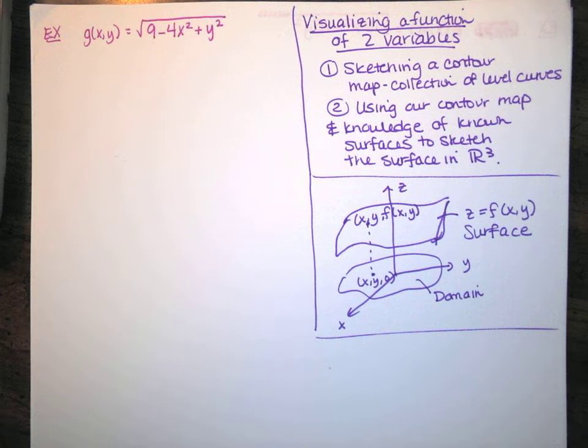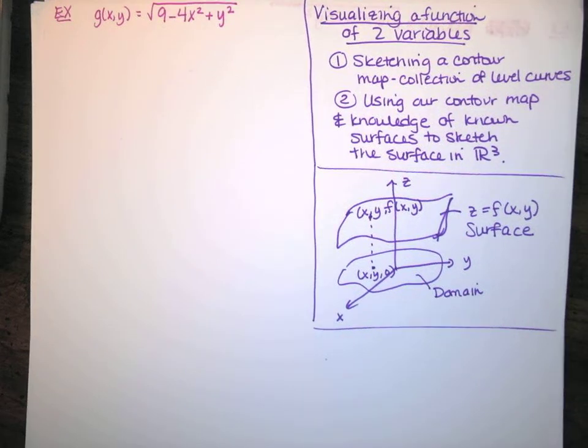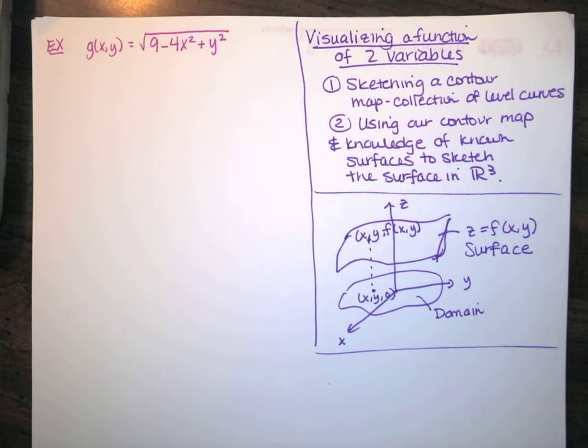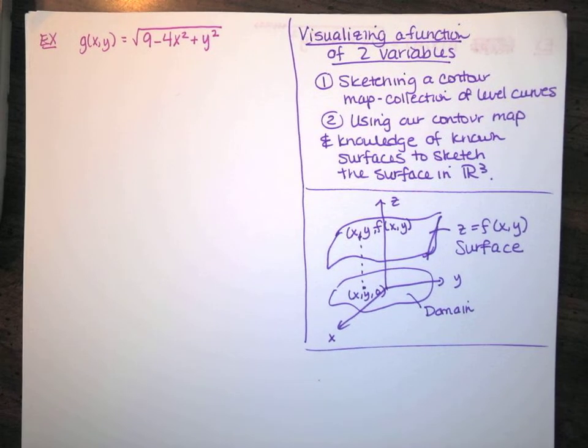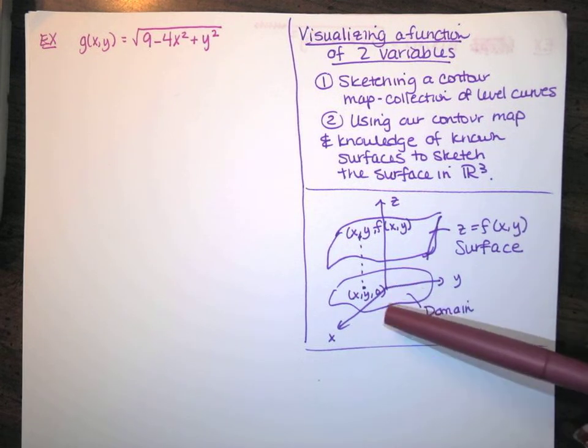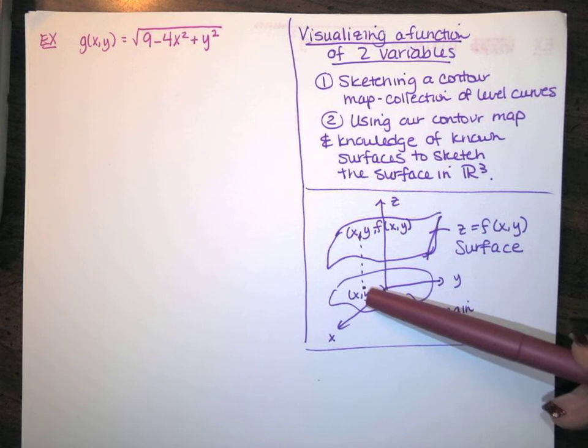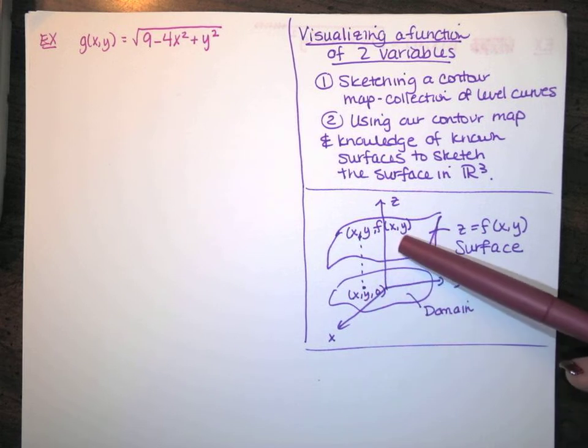In this video, we're doing another example of visualizing a function of two variables. Just as a reminder, anytime you have a function of two variables, that's going to represent a surface. If I give you an equation representing a function of two variables, there's an implied domain there. For every xy value in that domain, we can plug that xy into the function f of xy, and we